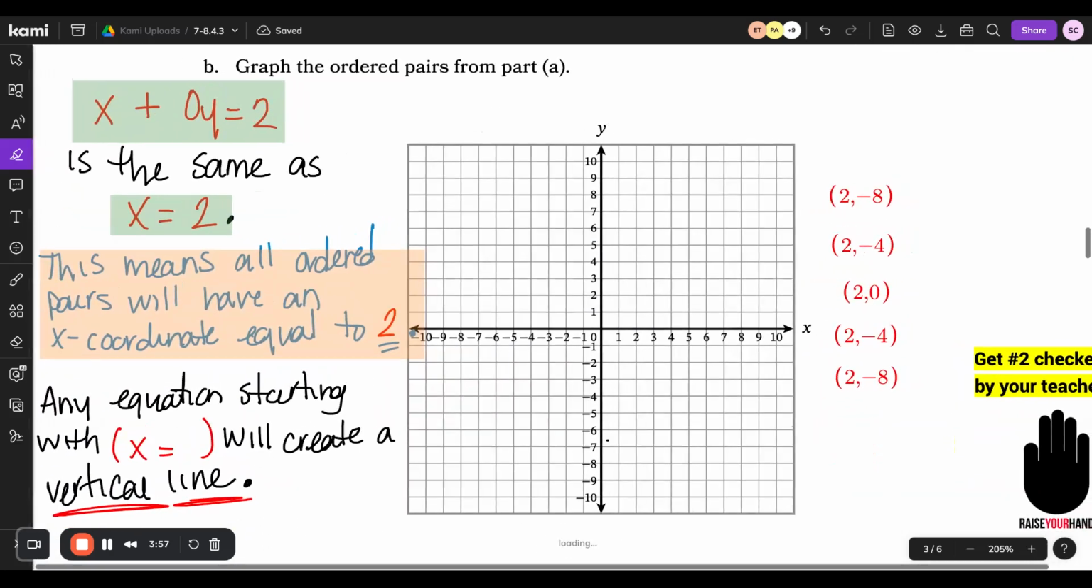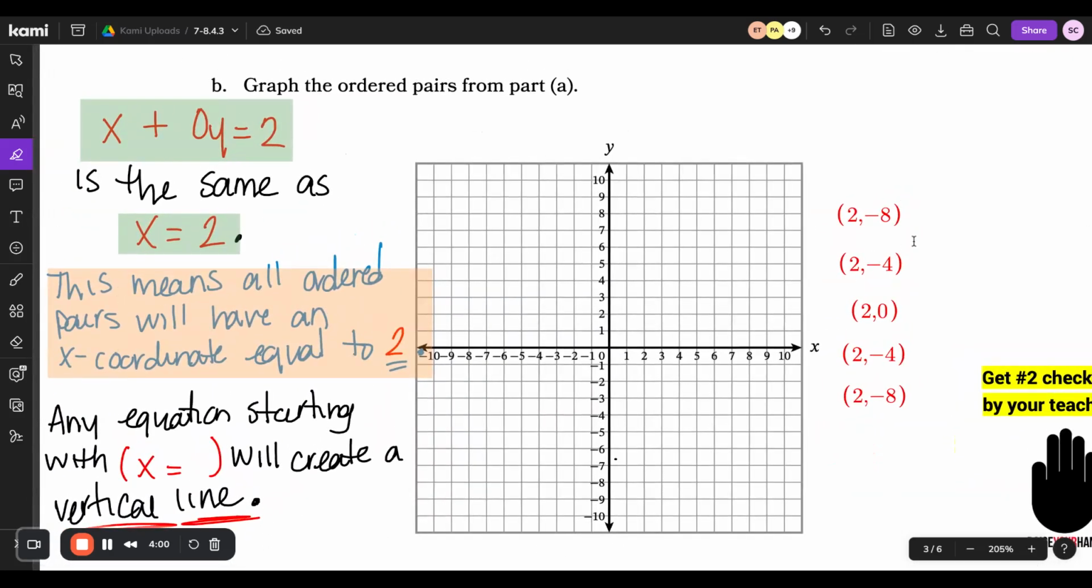And for this one, you should see that your ordered pairs are going to be (2, -8), (2, -4), (2, 0), (2, 4), excuse me, so (2, -8), (2, -4), (2, 0), (2, 4), and (2, 8). And you'll notice for every single one of these, similar to what we said for the first one, making sure